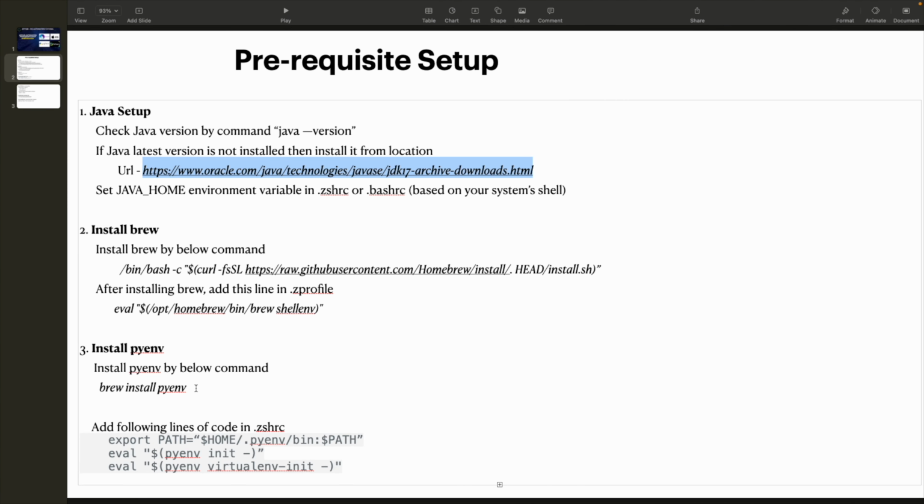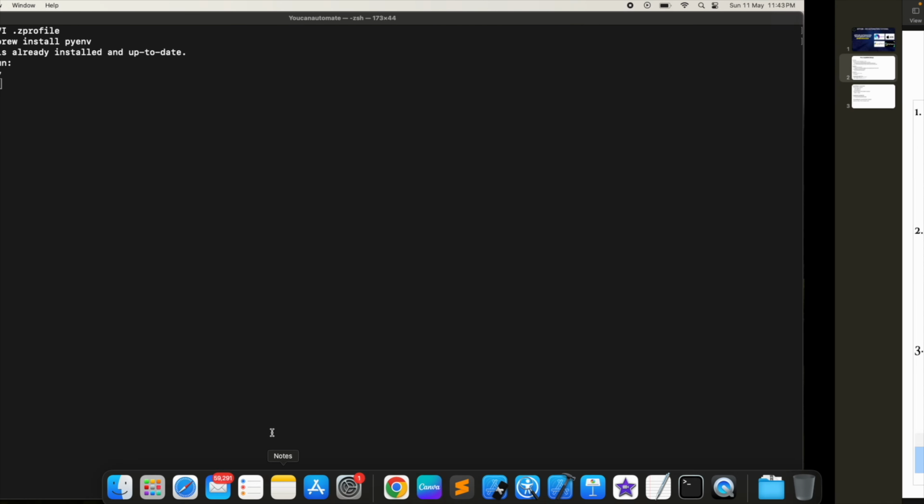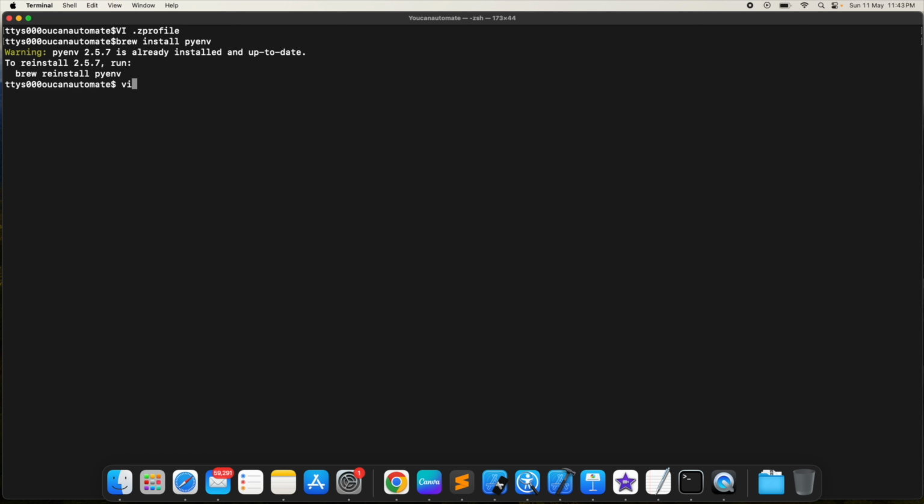After installing Pyenv, we need to add these three lines of code into .zshrc, right? What that code does is mention where our Pyenv file is located, so that it will be useful when we are using the pyenv command to install some of the libraries. So I'll be copying these three lines of code, and we need to add them into this .zshrc. So I'll go to the command line again,